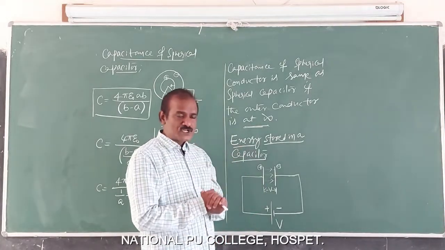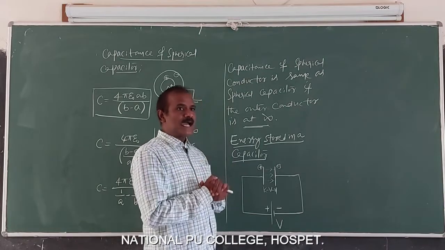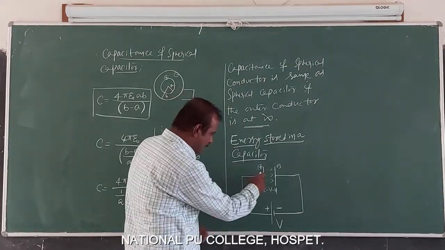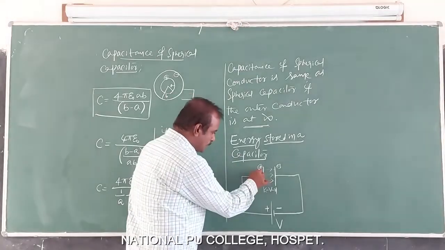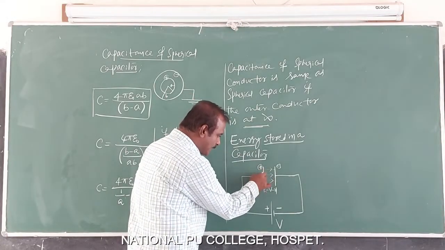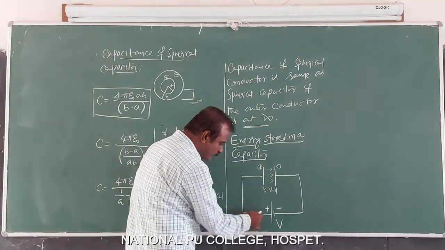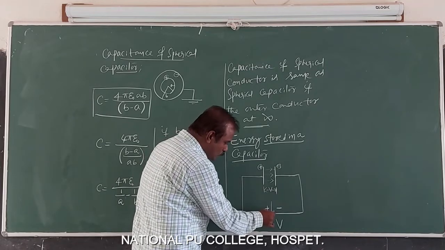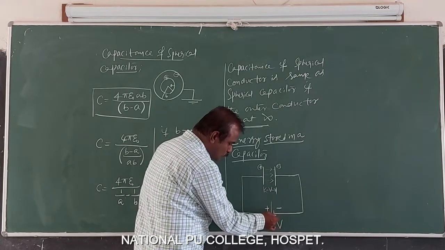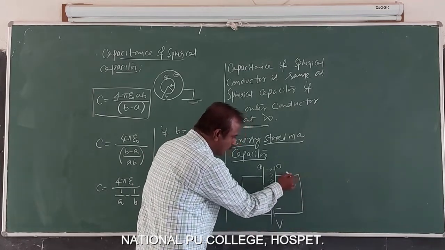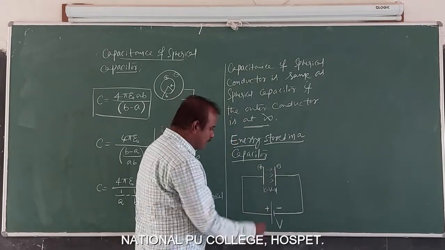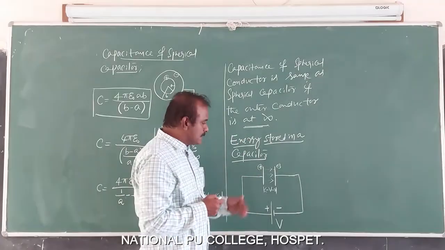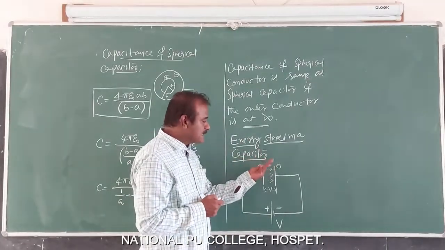Now what is the function of the battery? Or what is the mechanism of charging a capacitor? Remember, when the battery is connected to this capacitor, electrons from this plate will flow because of the influence of positive polarity. Electrons will flow to the positive polarity, and those electrons through the battery will move and will be deposited on the other plate. As this plate loses electrons, it gets positively charged. This plate gets electrons, it gets equally negatively charged.